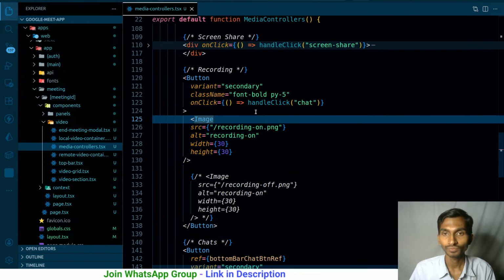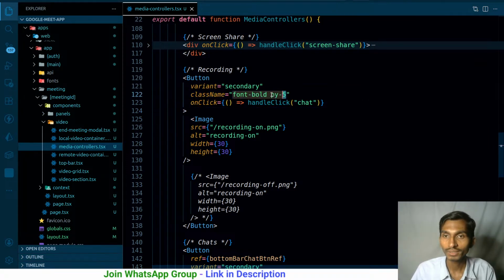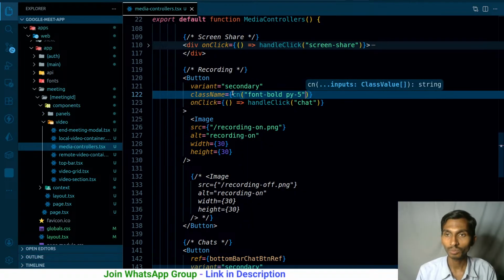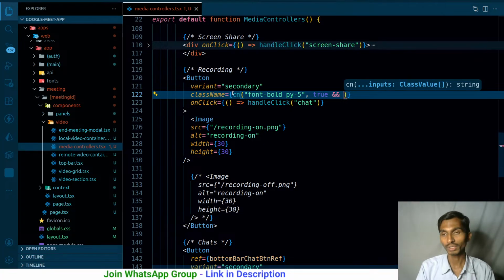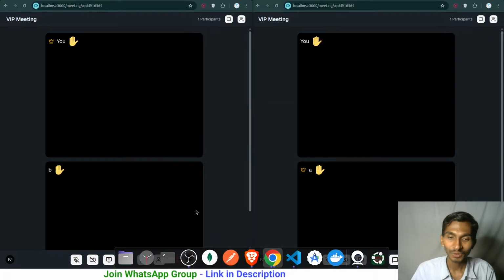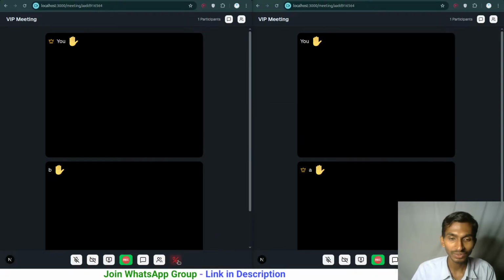So I can just simply say one thing, that this is the class name, right? So let me cut it, and CN, the same class name, and true. By default I'm making it true. I will be making it true or false conditionally, but for now if it is true, active button style, let's see how it looks like. It actually looks like this. Okay, this is sort of okay. I don't like it actually. Earlier it was good in other ones. Here it is not good.